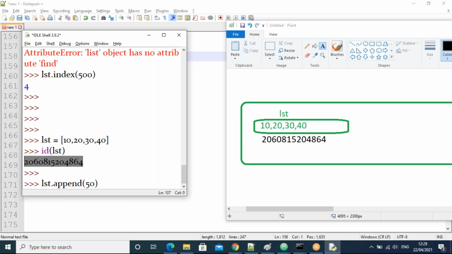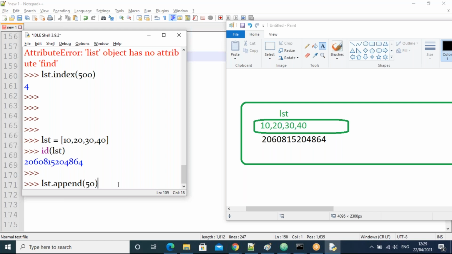That's the main topic here. After adding new elements or removing existing elements, will the address of the list change or not? If the address changes, that's called immutable. If the same address remains, even after a lot of modifications, that is called a mutable object.